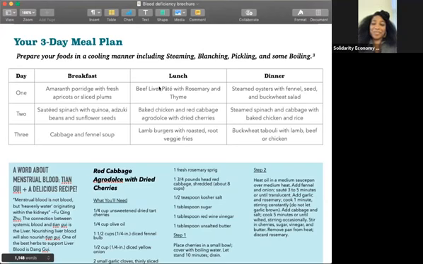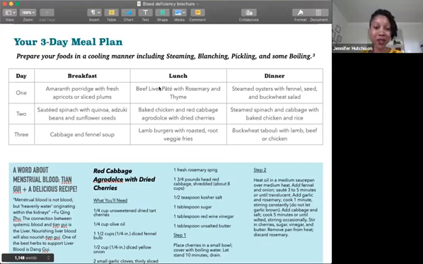but, you know, eating liver to support your liver. Chicken is also good. Baked chicken, red cabbage. The red cabbage agrodolce recipe is down here at the bottom. Lamb is really good. Lamb is very hot in Chinese medicine. It's one of the most warm foods. You can do lamb